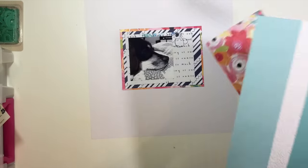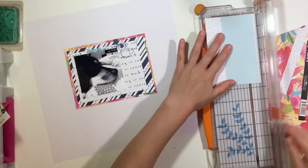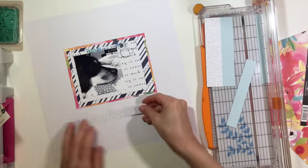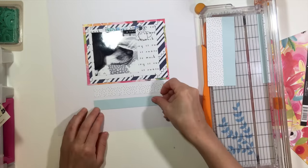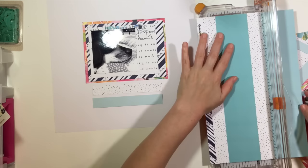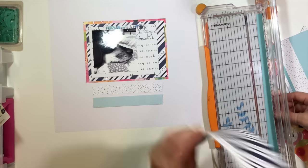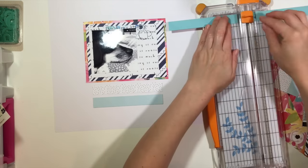She's kind of like a mixture of things, but I had the idea to place the photo right in the middle and then do kind of a vertical design with strips of paper coming from the top down to the bottom of the center of the layout. So I decided to cut some of the strips up, and I'm using right now one of the exclusive